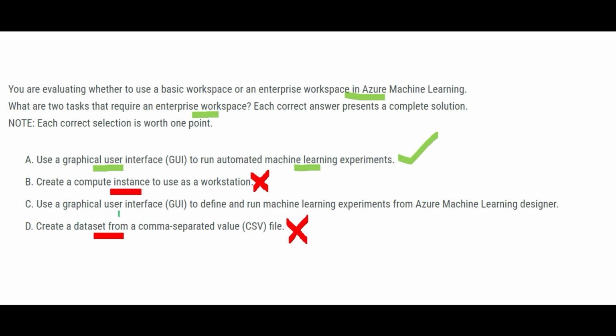So the other option says if we have to use a GUI to define and run machine learning experiments from machine learning designer, wherever we have experiments, we have to use the enterprise workspace because that is going to consume a lot of resources. You need an enterprise workspace. So these two are the right answers,